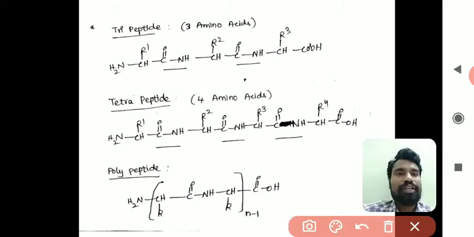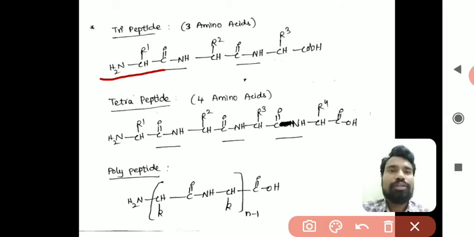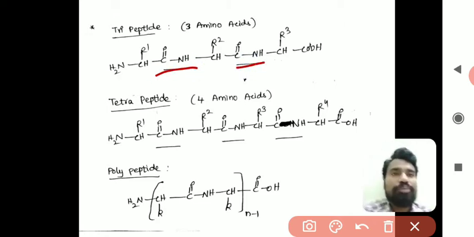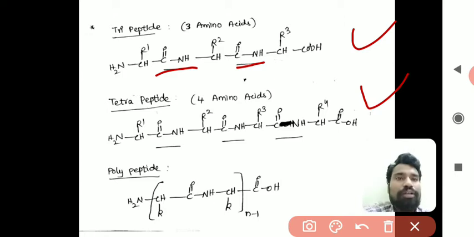So just observe here, when 3 amino acids are there, that is a tripeptide. This is the first amino acid, this is the second amino acid, this is the third amino acid. These 3 are attached with peptide bonds, right? So here one peptide bond, another peptide bond, that is a tripeptide. When 4 amino acids are there, that is a tetrapeptide. When there are 5, 6, above 10, it may be n number, so that is called a polypeptide.